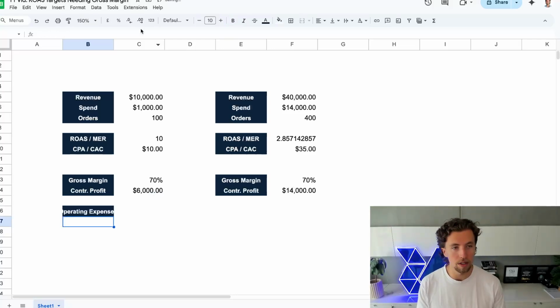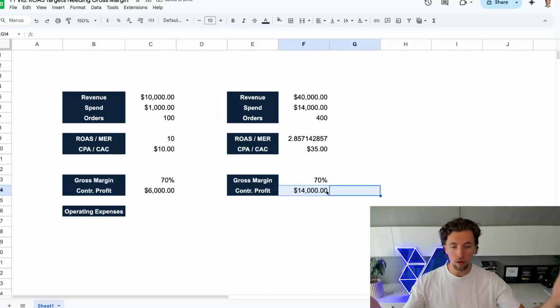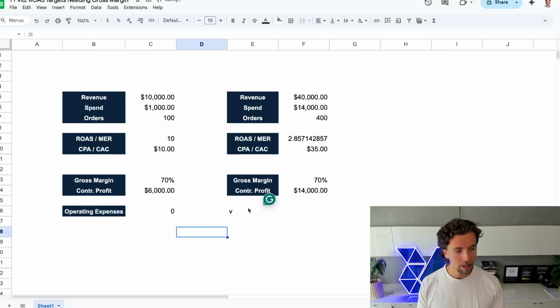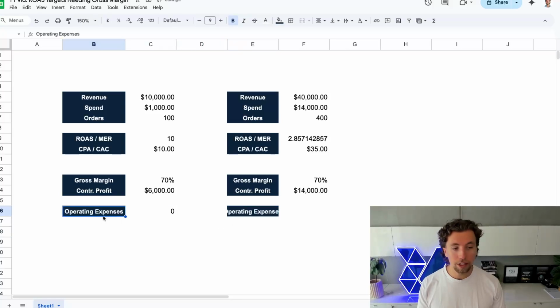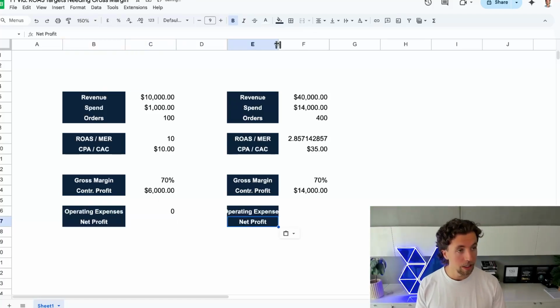of exposure as to what this number looks like to an agency, because this compounds 10x based on your operating expenses. And that was worded terribly, so let me actually show you what I mean. Once we have operating expenses, we can go and calculate net profit. So we can get all the way down to the bottom. We could call this EBITDA, even though they're kind of two different definitions, but let's just call it net profit for the sake of this.